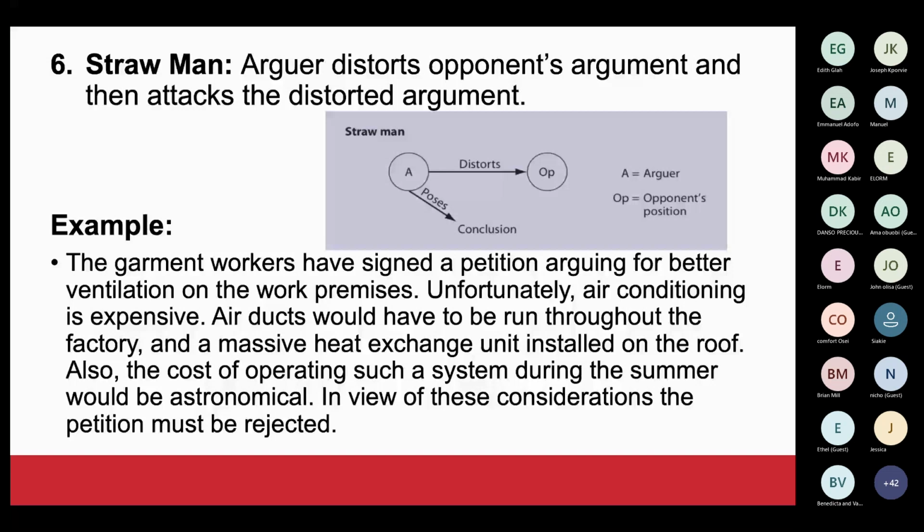So what is he doing? He's distorting their argument. Then on the basis of the distortion, now look at it. After distorting their argument, the arguer goes ahead to attack the distorted argument by saying,